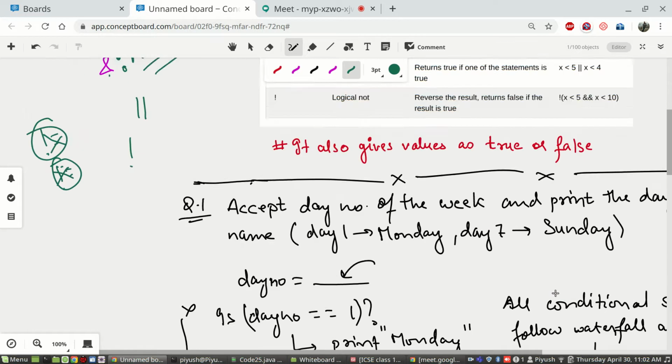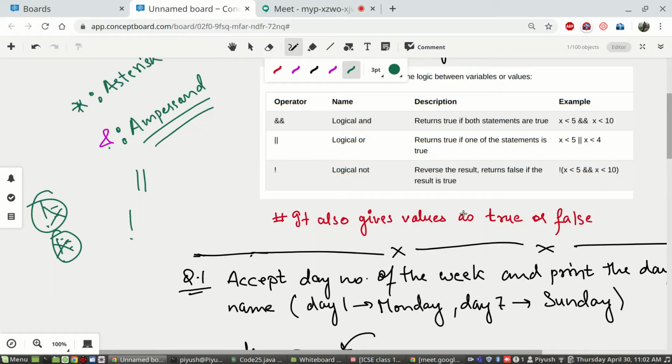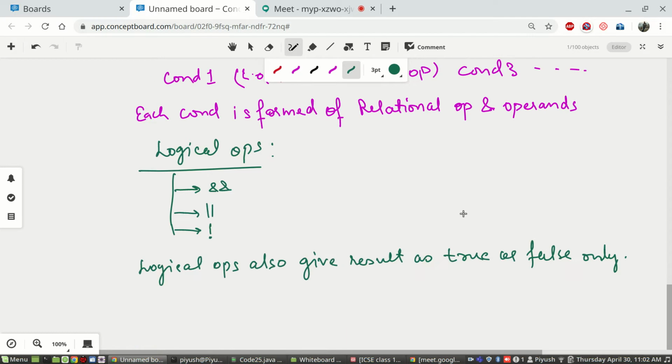Like I said, it also gives values as true or false only. So what is the logic? Here I'll give you certain rules. This one, logical AND, will result in true if all conditions individually are true.